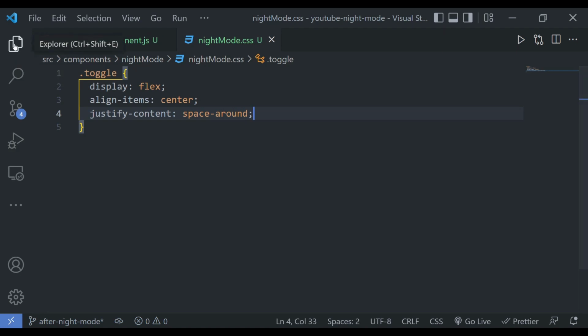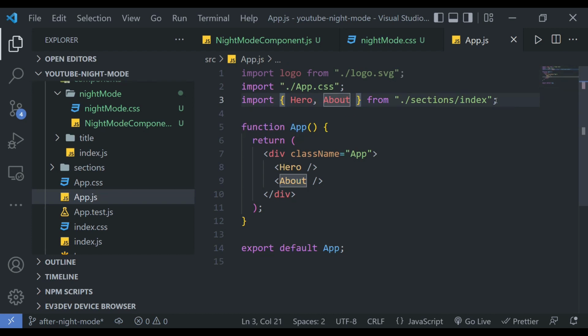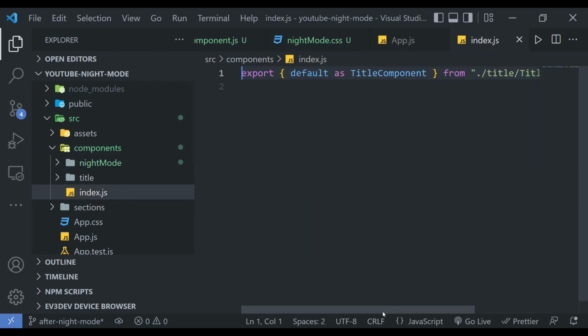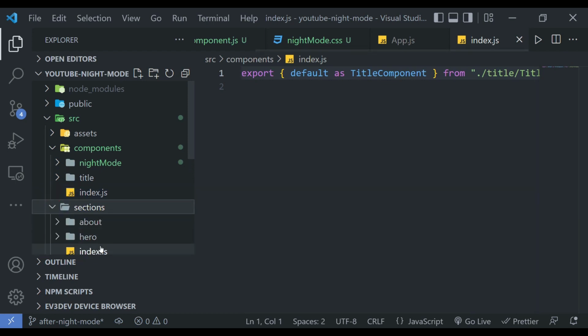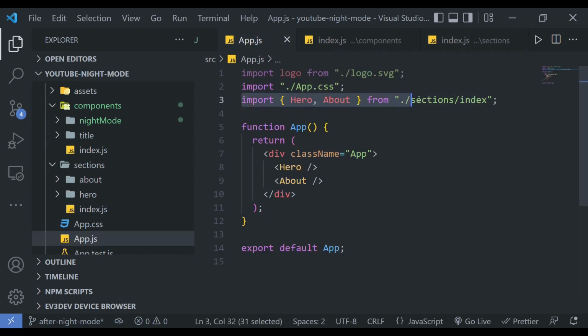Okay, so let me check my app.js. Have I imported that component? Okay, I haven't imported the toggle night mode component yet. But if you realize I have done something here, other than having many lines of code, because otherwise we would have this hero in a separate line, about in a separate line, I have something over here that I've called index.js. So in this case of the sections, I have index.js, and I am exporting this hero and about using one file. So there can be 10 components, but I will have one line of code to export all those